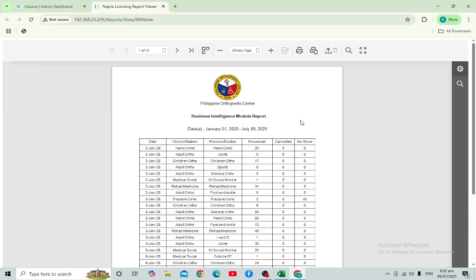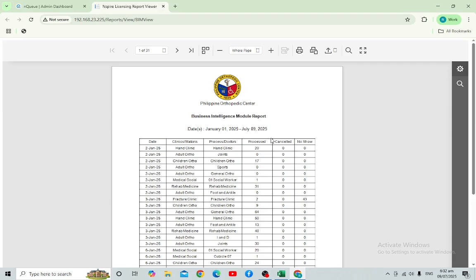Okay, so moving forward, we have a column here, process. These are the success queuing tickets, I mean the queuing tickets that were successfully consulted by doctors. We have canceled here, which are the canceled queuing tickets.